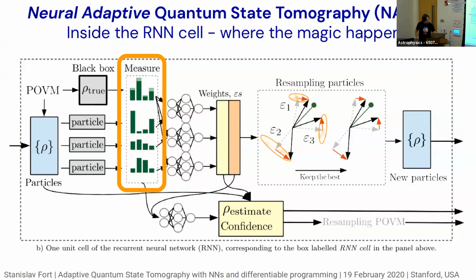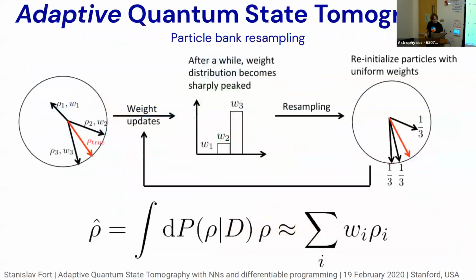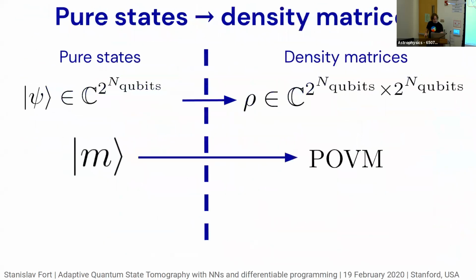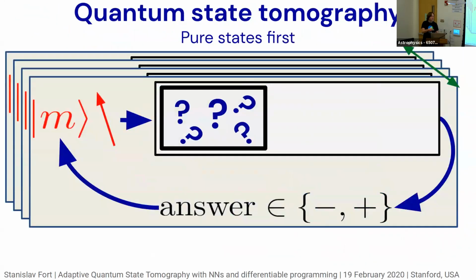So between each, let me just go back this. So yeah, here the answer wouldn't be minus or plus. It would be like 20 times minus and 25 times plus, for some discrete number of measurements, but bigger than 1. Good point. Thanks.